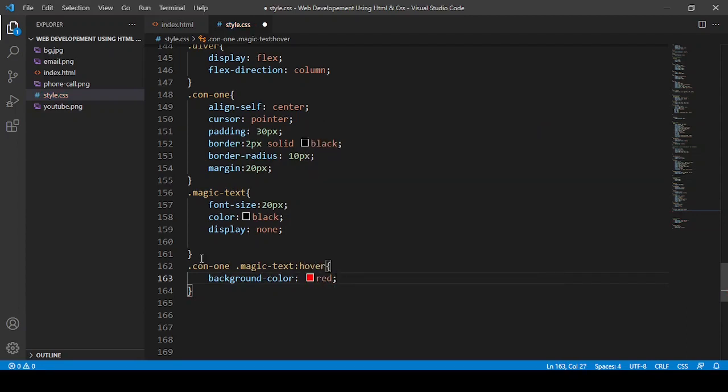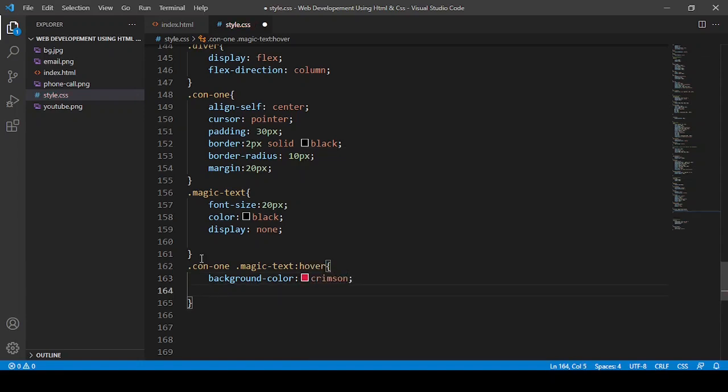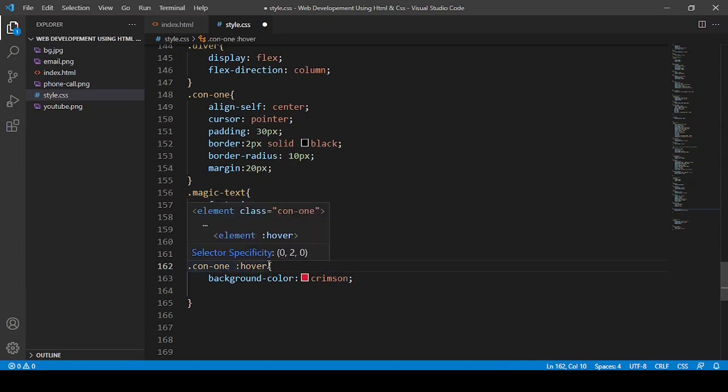Okay, no, not red, crimson. Yeah, crimson. And then I'm going to say this magic dash text. Okay, wait a minute, I think this one. Yeah, hover.